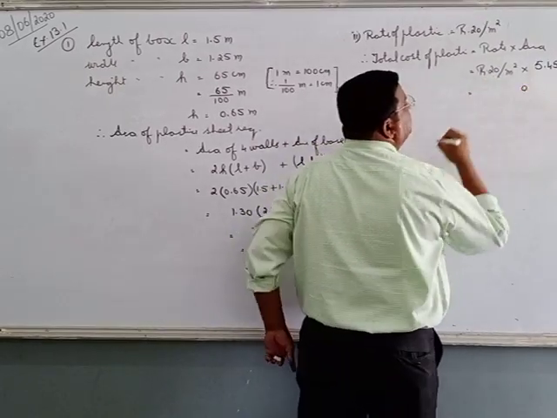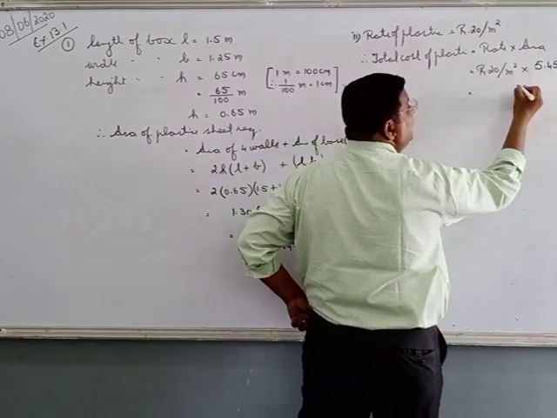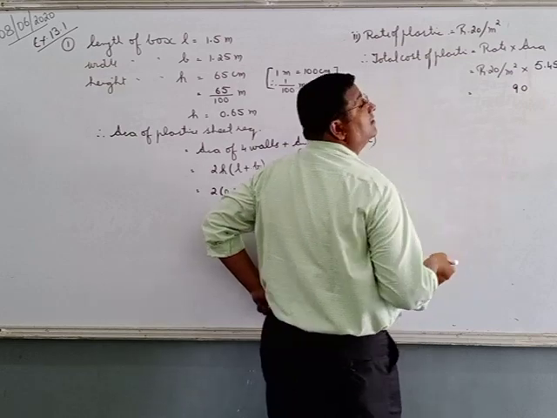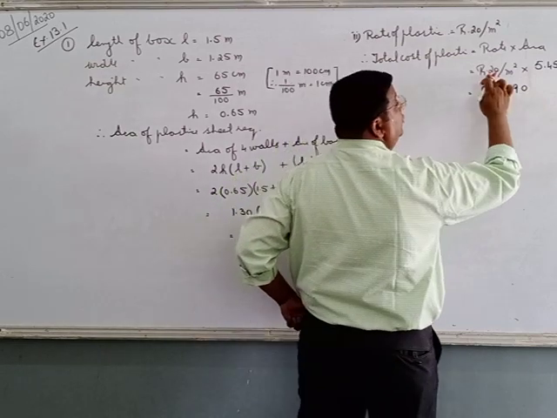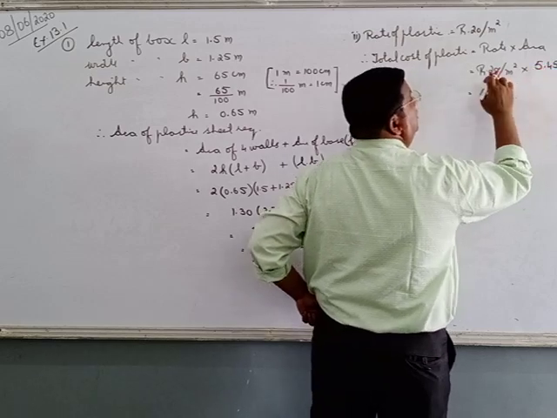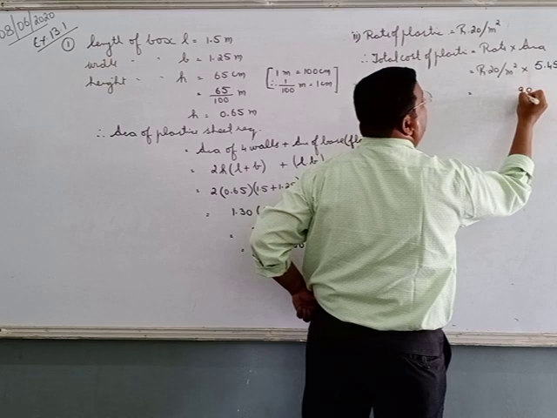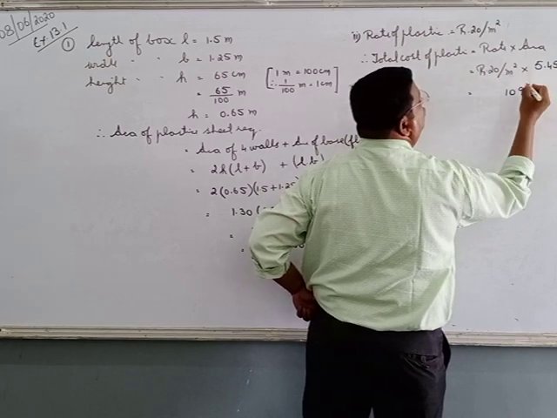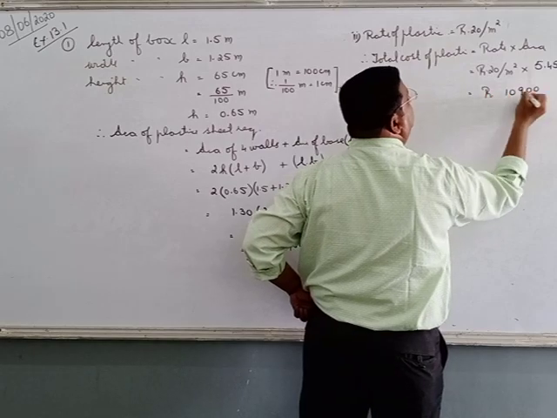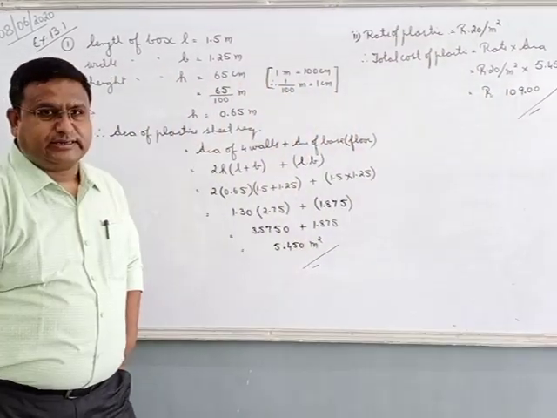2 5s are 10, 0 carry 1, 10. 2 4s are 8, 80, and 10, 90, carry. 2 4s are 8, 2 5s are 10, carry 1. 2 4s are 8 and 1, 9, and 2 5s are 10. And one more 0, and decimal after 2 places. 109 rupees. What is the cost? 109 rupees for the plastic.